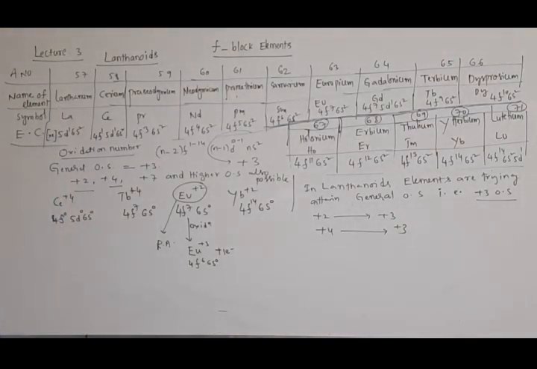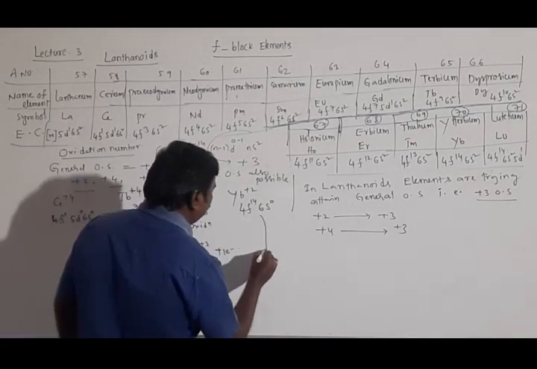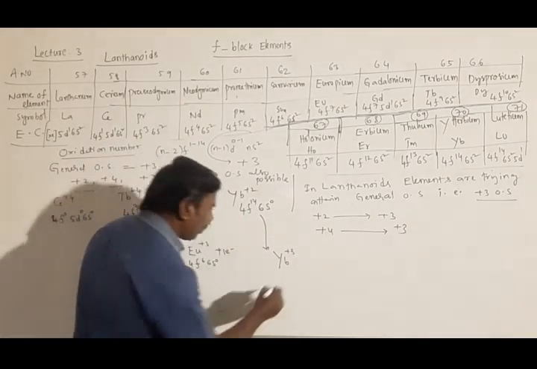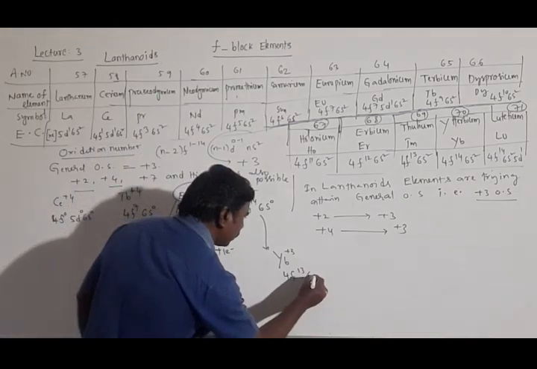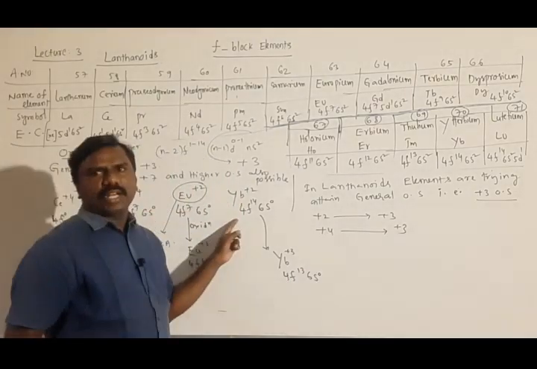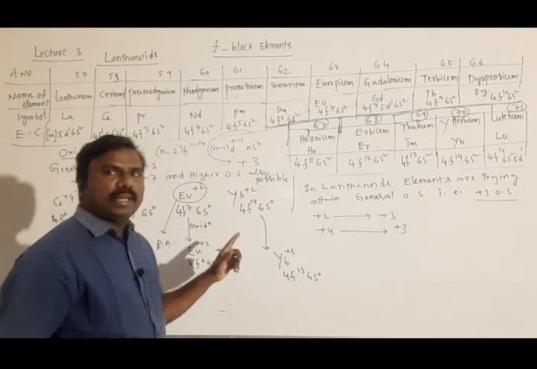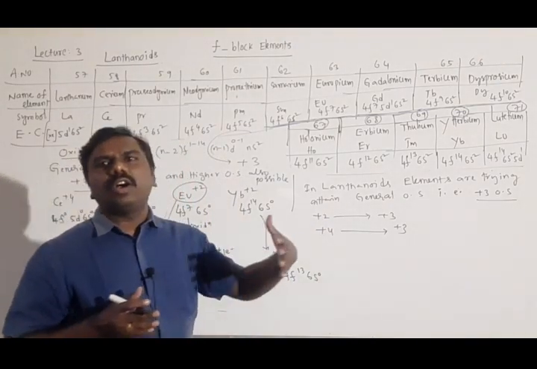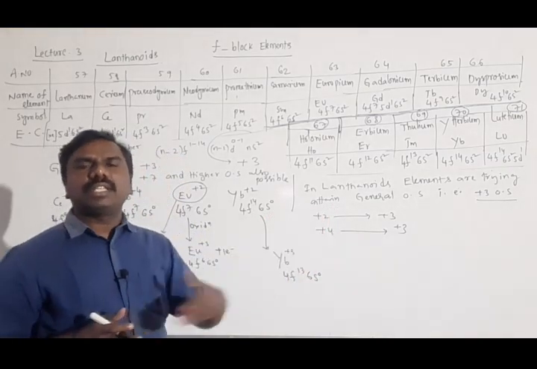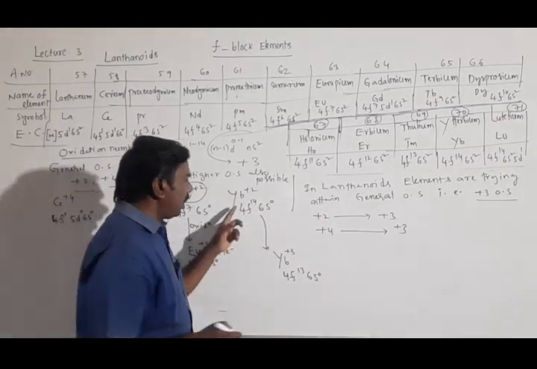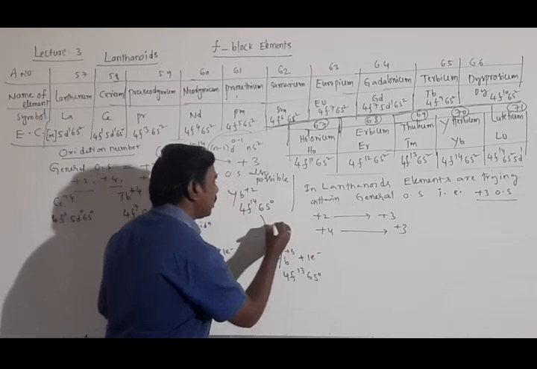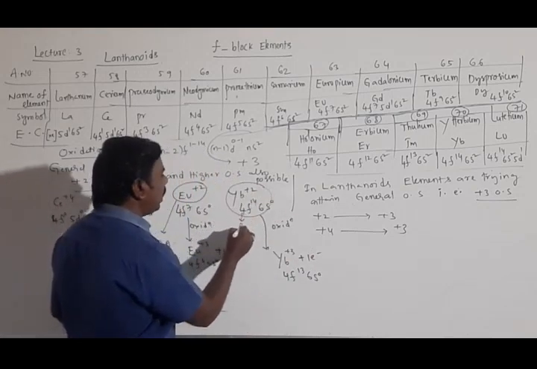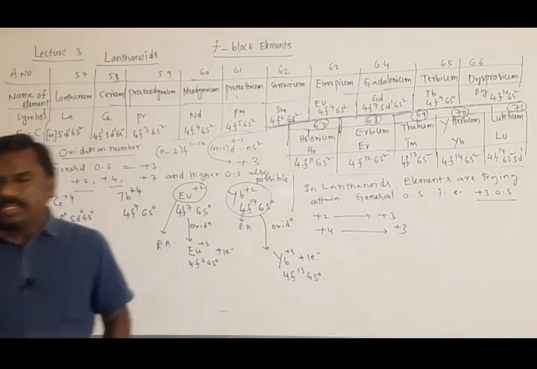Similarly, ytterbium plus 2, by losing one electron, becomes Yb plus 3, then one more electron must be removed, that is 4F13, 6S0. It is a stable configuration, but even then it is trying to become a general common oxidation state along with other elements. In that manner, it is losing one electron, itself involved in oxidation, then acting as reducing agent, right?